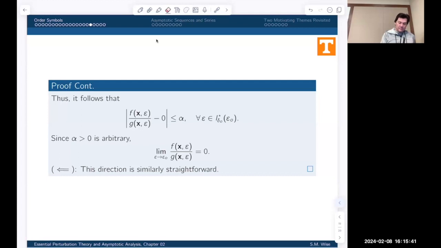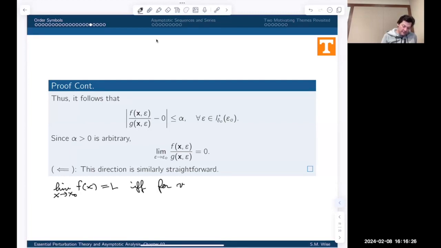So this is really, by definition, the meaning that this quotient has this limit as epsilon goes to 0. The only way I can really convince you of that is by writing down the epsilon delta limit. Now I'm putting myself a bit on the spot here, so I have to make sure I get it right, and you guys will have to check my definition. So, the limit as x goes to x naught of f of x is equal to L if and only if